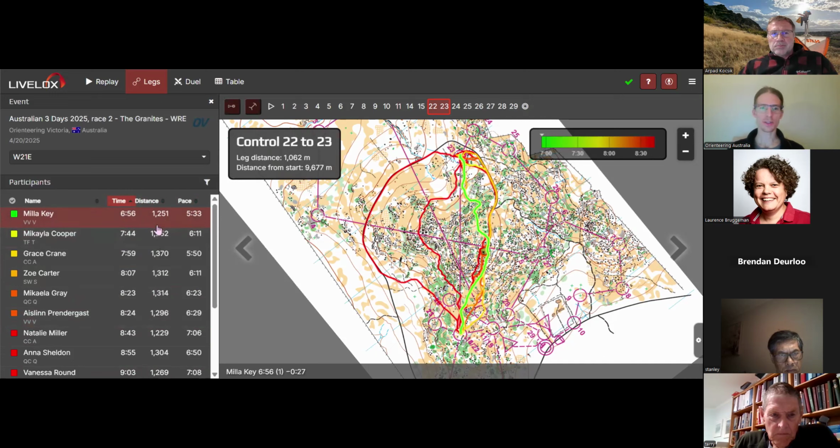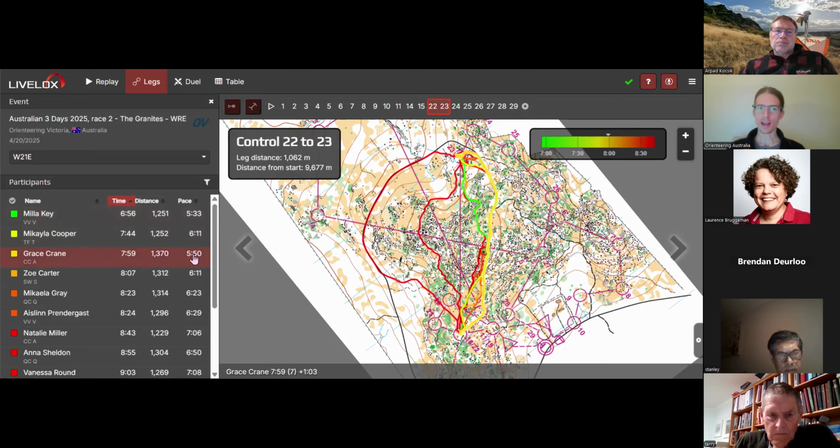You'll see that the first two had quite short routes, almost similar. But Michaela, as I hover over her name, she took a slightly different route for the second half. She continued on the bigger track to the right, whereas Miller took off through the middle on a smaller track. But it was about the same distance. You can see Michaela's pace was slightly slower than Miller's, so that's probably why Miller ended up having the faster time.